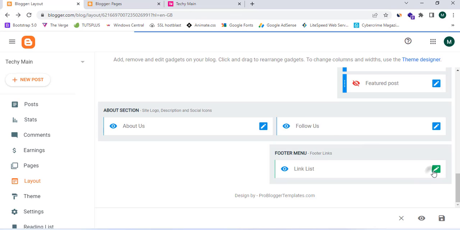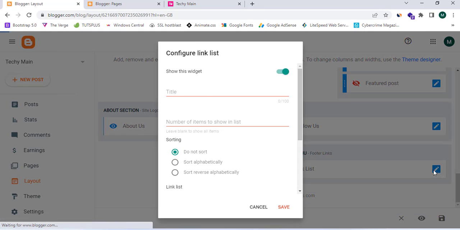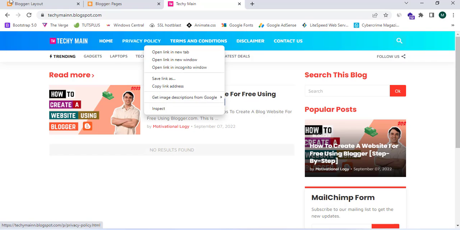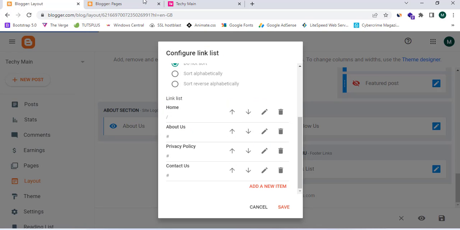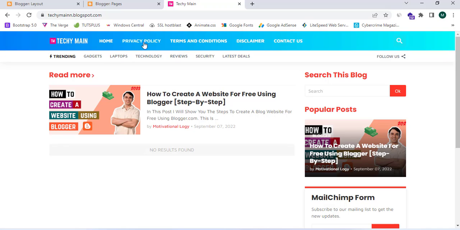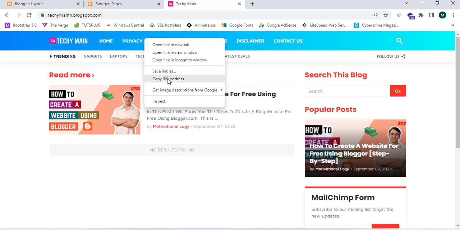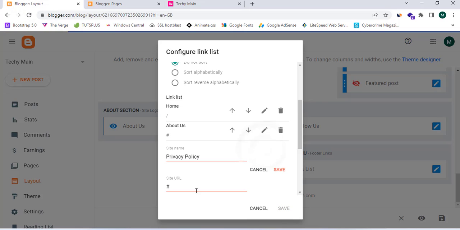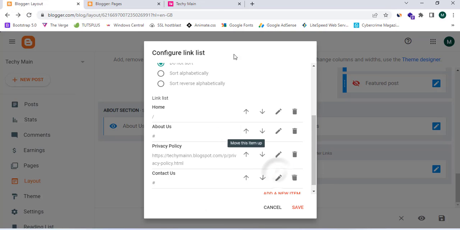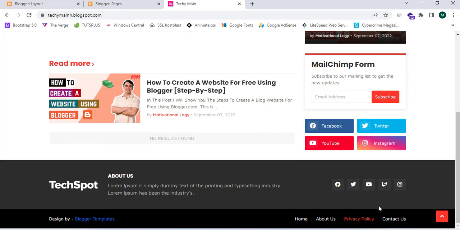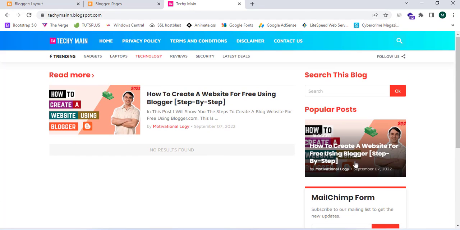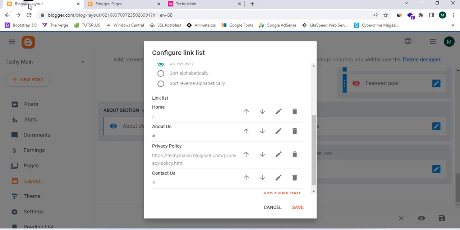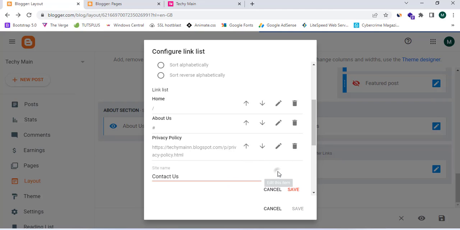So I can edit this link lists, and I can provide the relevant link for the privacy policy, and contact us, and about us page. So now I'm gonna copy the link, and I'm gonna enter the URL of the privacy policy, and I'm gonna enter the contact us URL. So I'm gonna click on copy link address, and edit this,